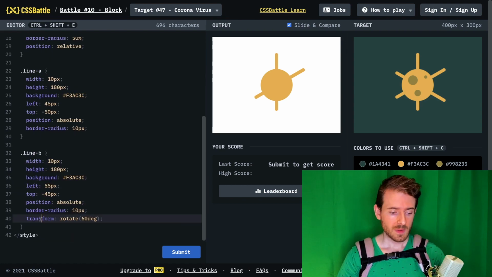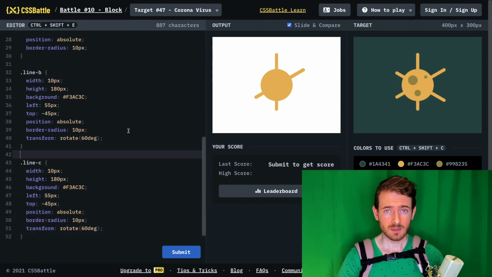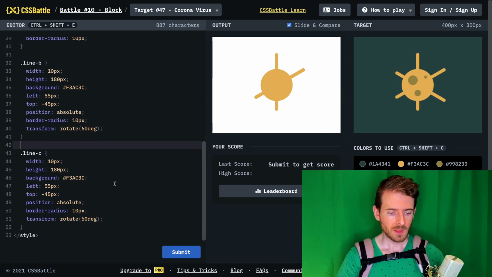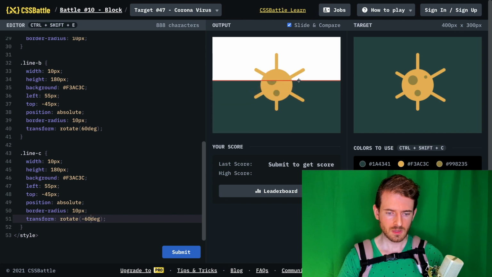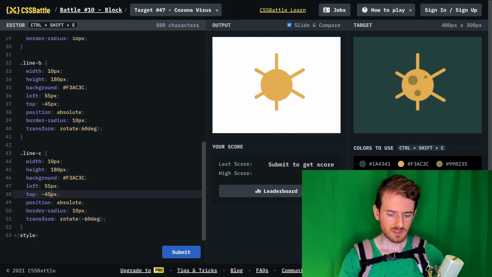And again, just copy and paste all this stuff, because I don't care about making it as minimal as possible in terms of characters. I just want to make this cool little artwork. So for line C, I think I'm just going to take the same line we just did and maybe rotate it again, maybe negative 60 degrees. And that actually worked pretty good. So I can move it down some,